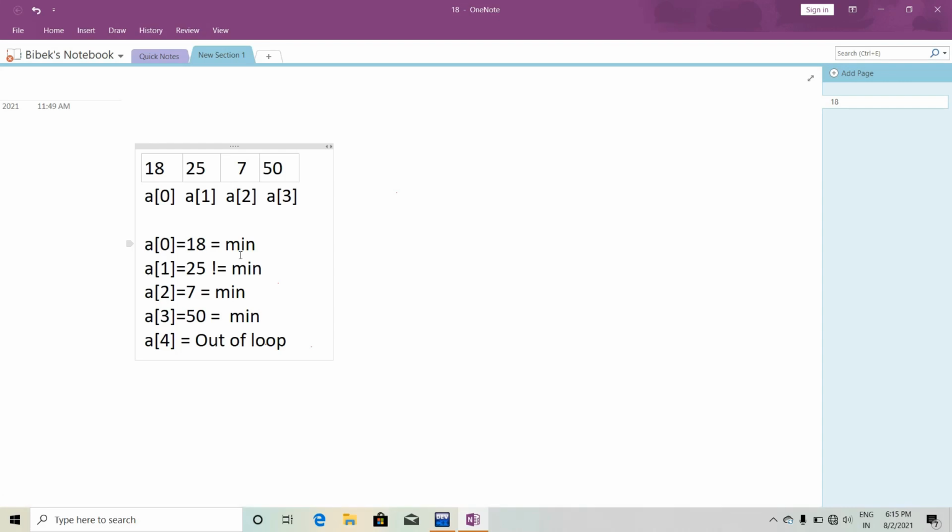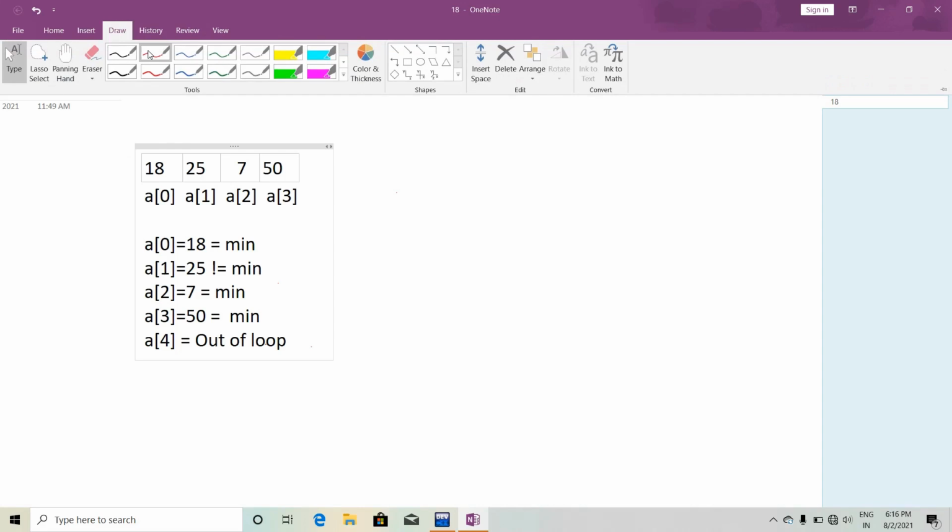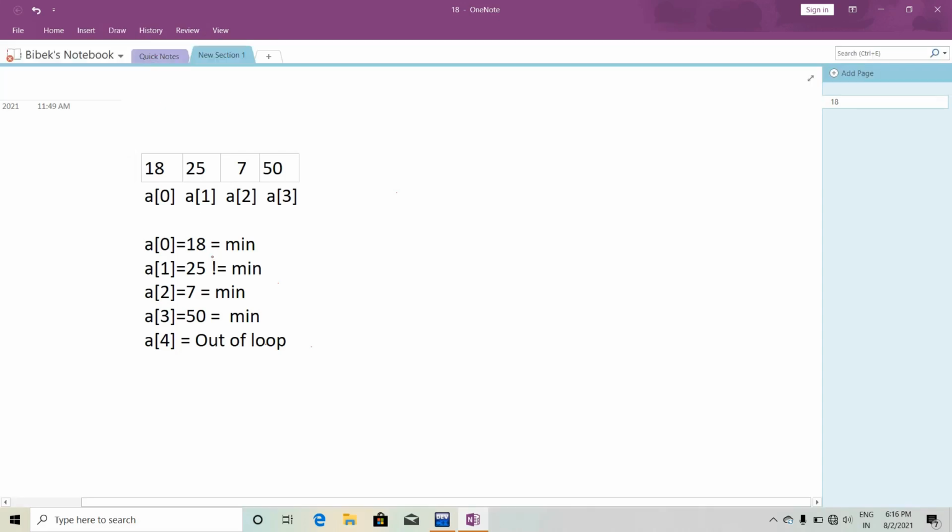So we have to check for these three if there is an element that is less than 18 or not. Then a of 1 equal to 25, that is greater than 18, that is not less than 18. So this is not our smallest number. So till now our minimum is 18.